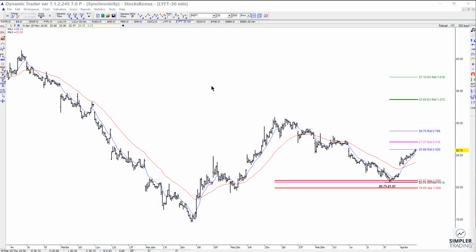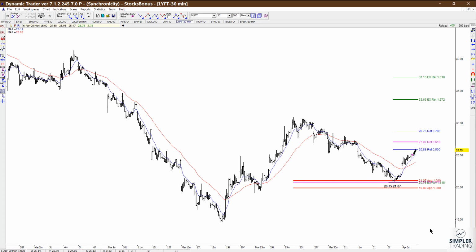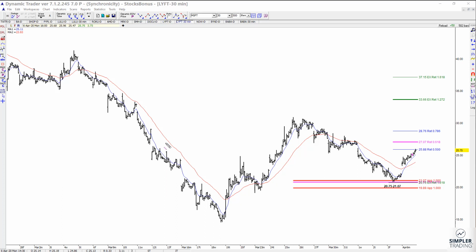In today's video, we're going to take a look at the chart of LYFT. This is a 30-minute chart. This is really the only place where I was able to find a setup on this one. Okay, and it simply came from a symmetry projection of a prior decline, a 618 retracement of the prior low